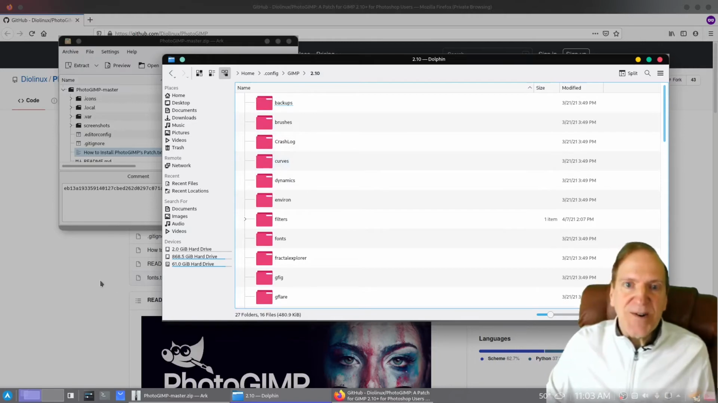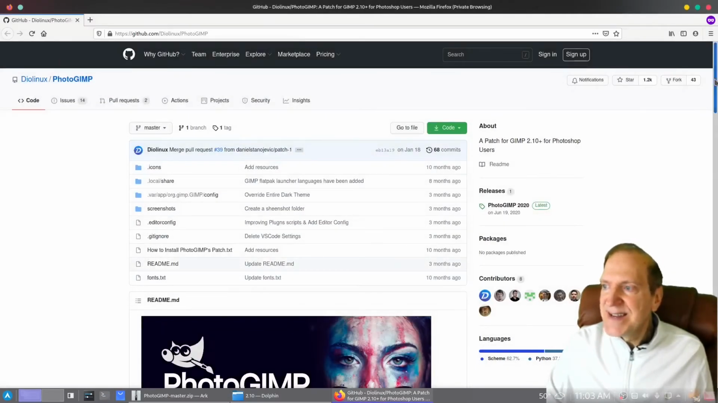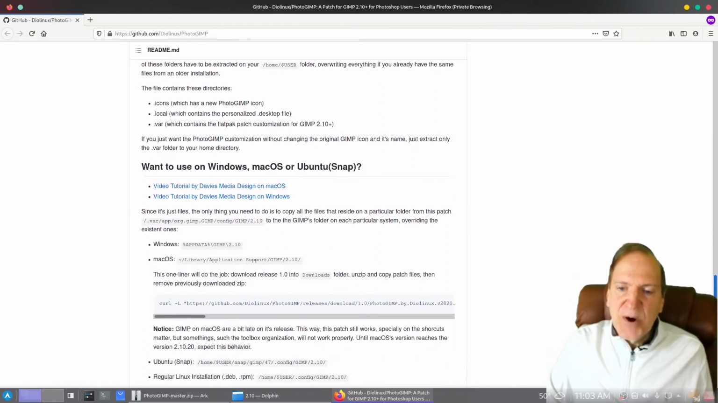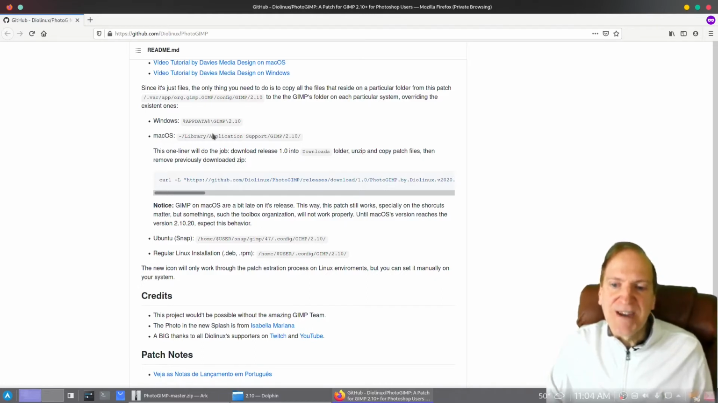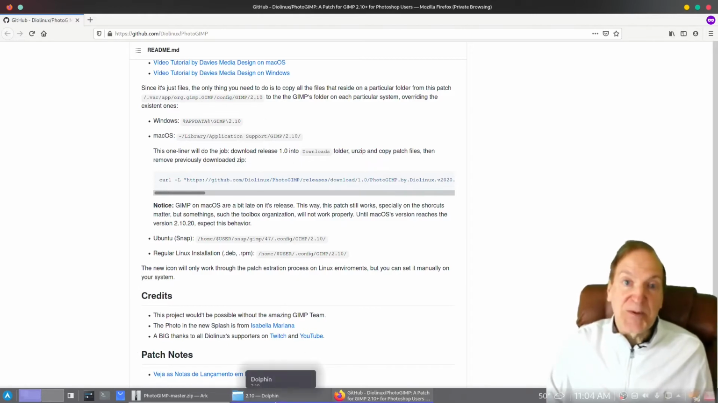Now, if you're on Windows or Mac, down here it gives you a little guide where you can go. And all I'm going to do is extract a folder into this directory. So on Windows, it would be in your user/app data/GIMP/2.10. And if you installed GIMP on Mac OS then it would be in your home folder, library, application support, GIMP 2.10. So once you know where to go, and people tell me where to go all the time,